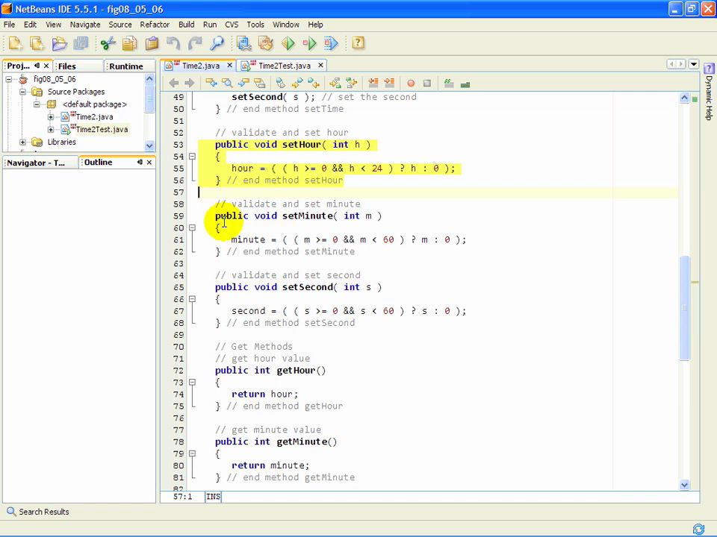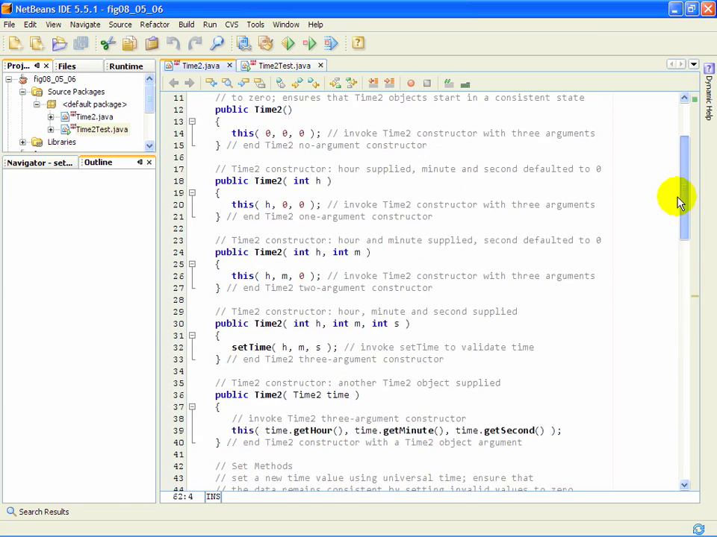And similarly, only the setMinute method modifies the minute, and only the setSecond method modifies the second. So if either of those are not being set correctly, we can focus our debugging attention on these methods. Another benefit of using your set and get methods throughout your class definition is if you wanted to change the